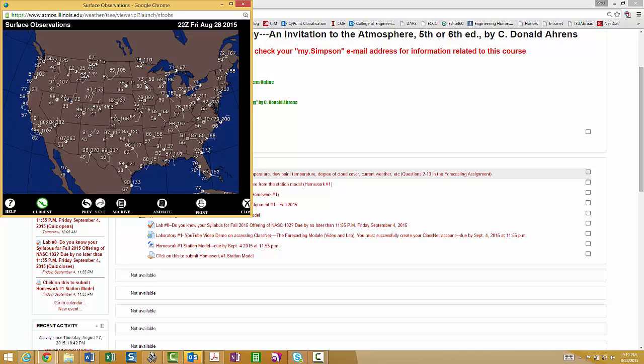From the station model, I see a southeast wind. In other words, the winds are coming from the southeast. That's how we measure, or that's how we determine wind direction, where the winds are coming from, not blowing to, but where they're coming from. And so you see right there we have a southeast wind of 10 knots.